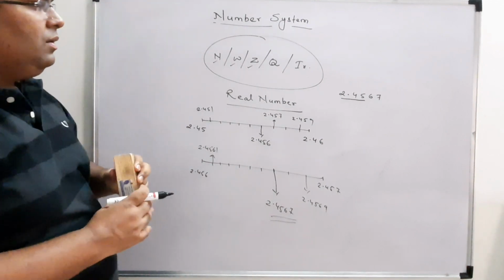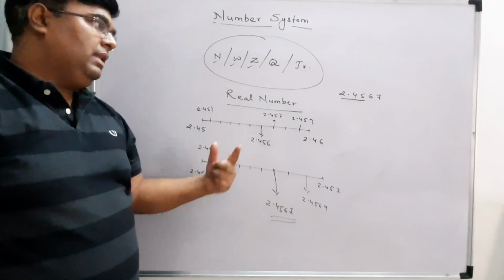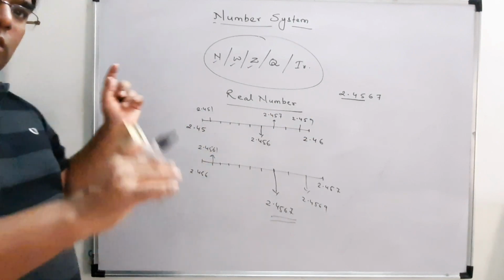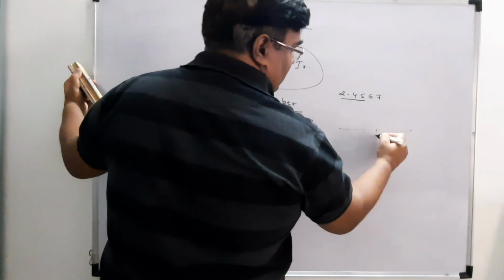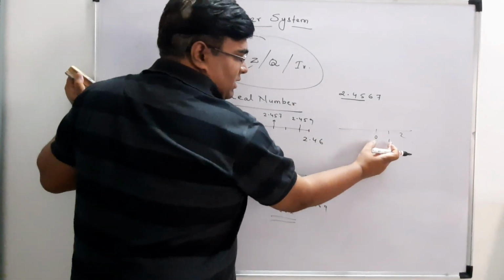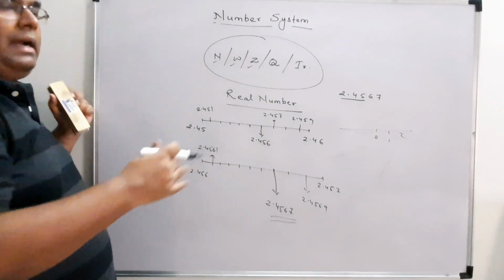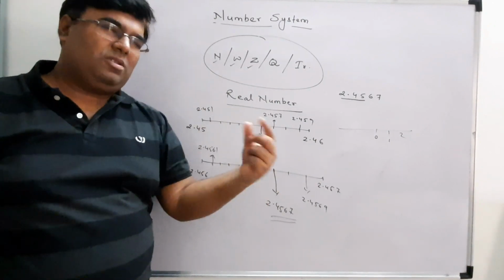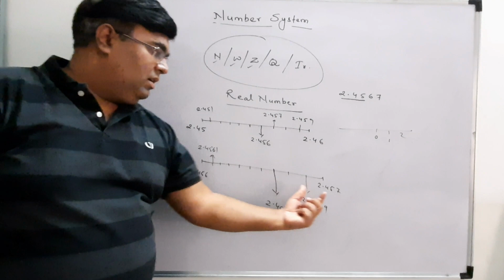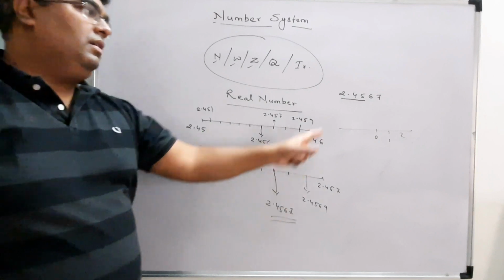Okay, so in this manner what you can do, you can enlarge the two parts into 10 equal parts and then fit your real number in that. Now we have forgotten our actual number line, which was what? 0, 1, 2. Now what we have done, we have enlarged this small part into a larger part and then again divided it into 10 equal parts, and then again we are concerned about a smaller part. So we are going deeper, right? And we have enlarged the decimals into large parts and then located our actual number here.